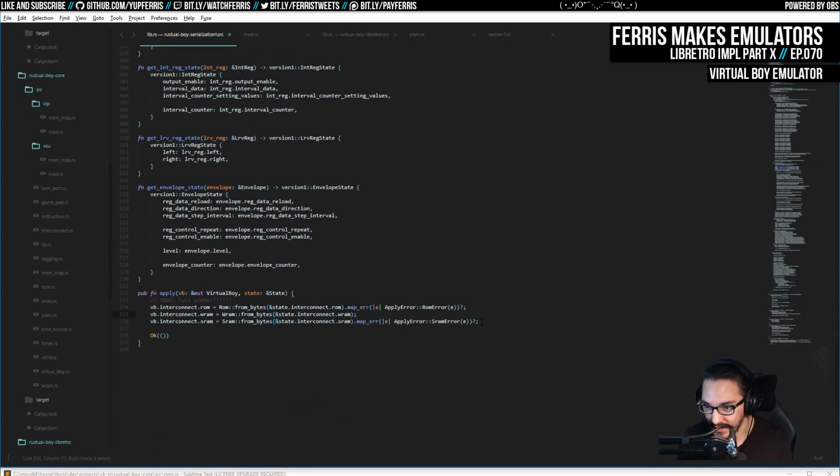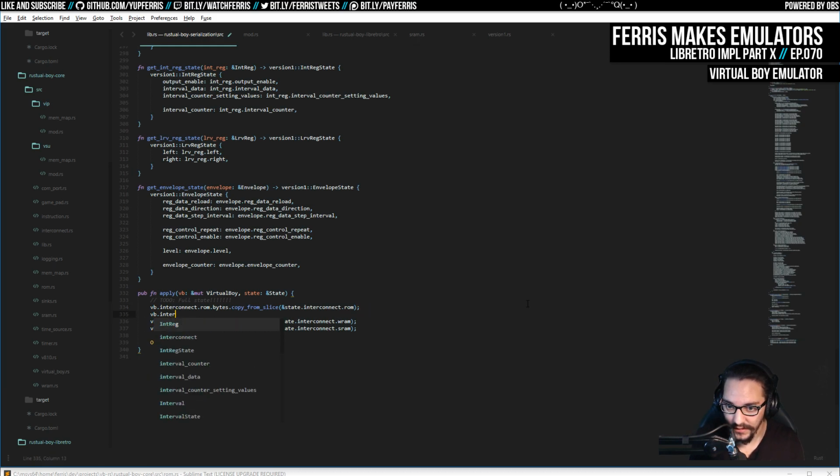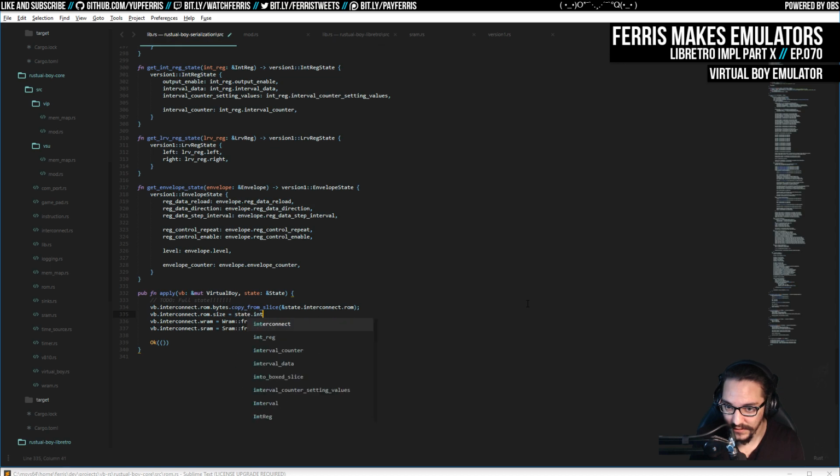The SRAM one is still going to give us errors until we fix that, but I don't care right now. We're basically just going to copy the bytes and then write the size. So dot bytes dot copy from slice, and then that'll be state connect ROM like that, and then size is